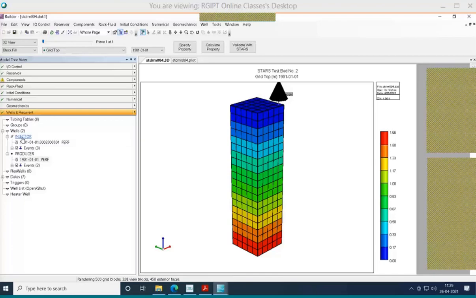So I have producer over here and injector over here now. And let us say if I want a five spots pattern, that can be also possible. We can change this injector into the middle, and we can have 4 producers at each and every corner as well.